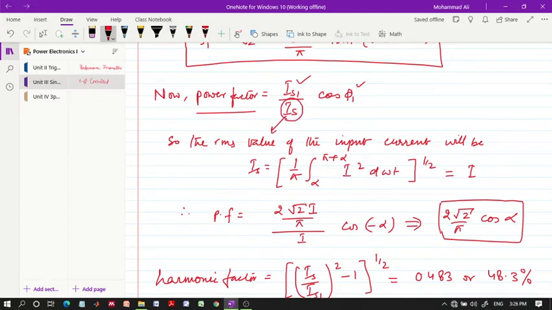In order to derive IS, or the RMS value of the square wave, we can use the definition of the RMS. That means we take the half wave, integrate it over the square, and then take the square root. Root mean square of the current waveform for its half cycle. If you solve this, it is pretty easy to solve. It will come out to be I.